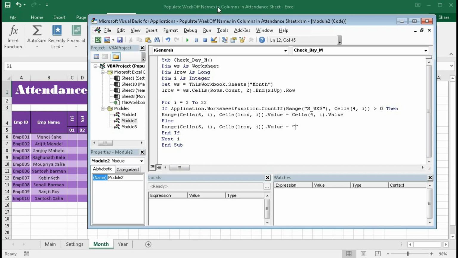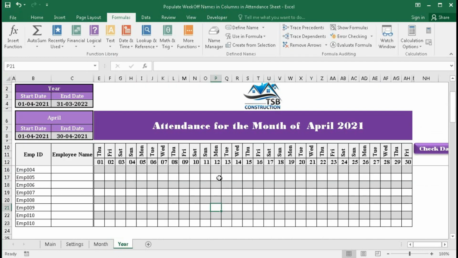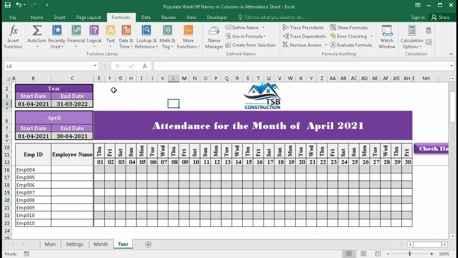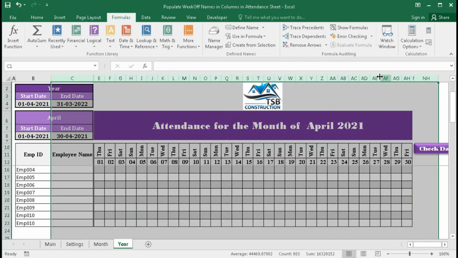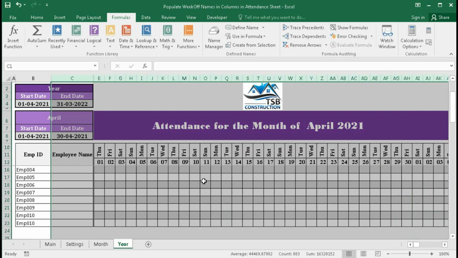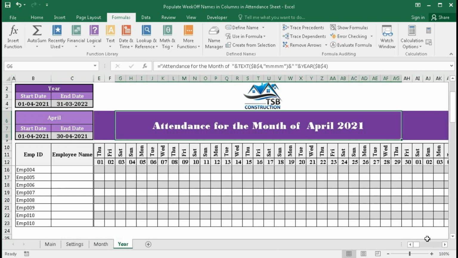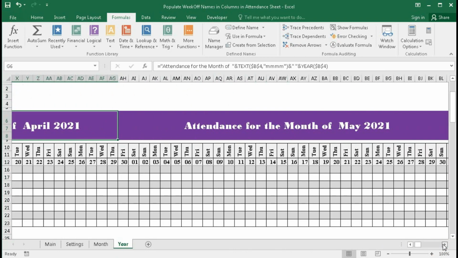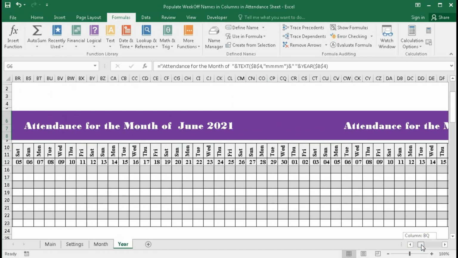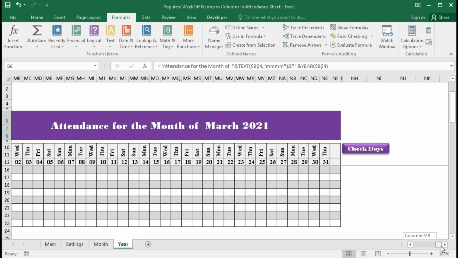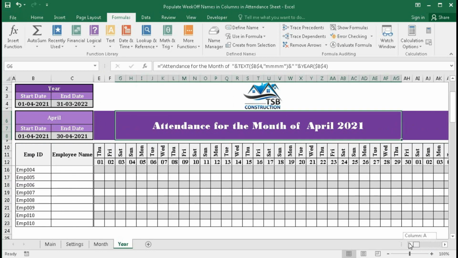And now we will learn for the year. You can see here, it is a month of April. And if you want to populate for April, you have to use a code. And if you want to populate the full year at a time, that means the total sheet from April to May, June, July, all the months till March.